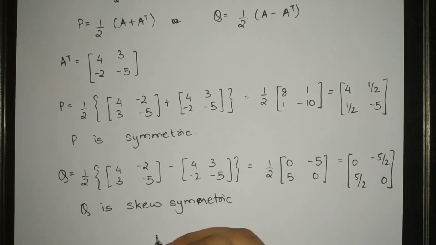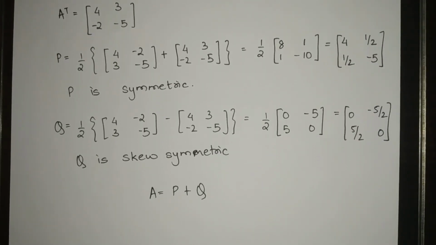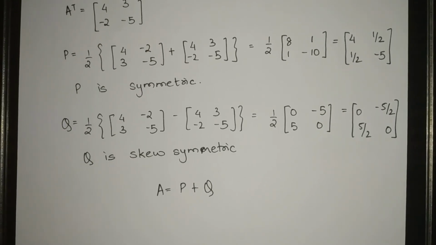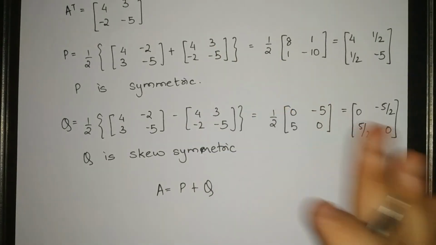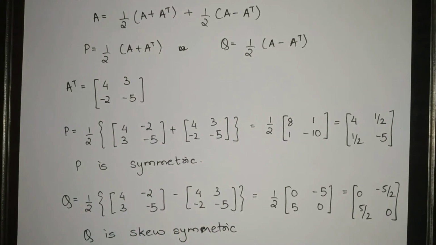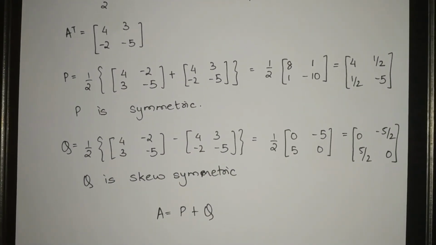Okay, and then A is equal to P plus Q. ऐसे करके हम लिख सकते हैं एंड में. ठीक है, that's it. हमें यही करना है. Now let us do the second part of this question. It is exactly the same. वापस हम लोग को A ट्रांसपोज ढूंढना होगा और P और Q. अभी सेकेंड पार्ट में I will not write all this. I will directly find P and Q. Okay, but in the exam you should write all of this when a question comes.